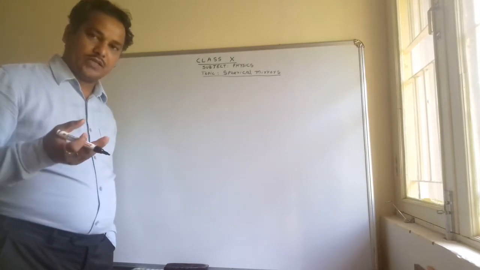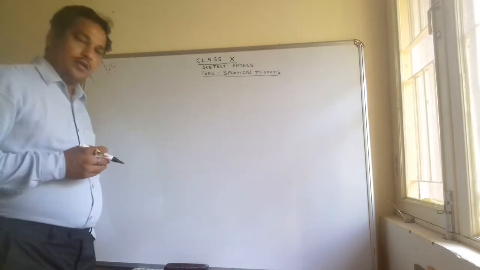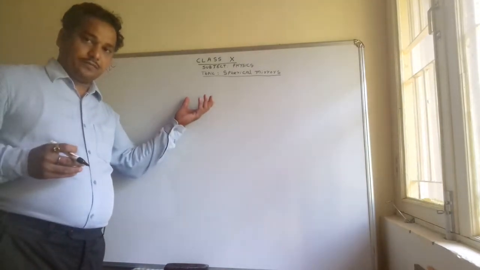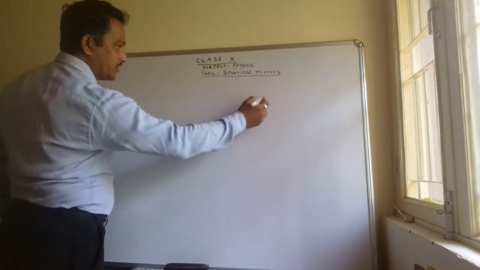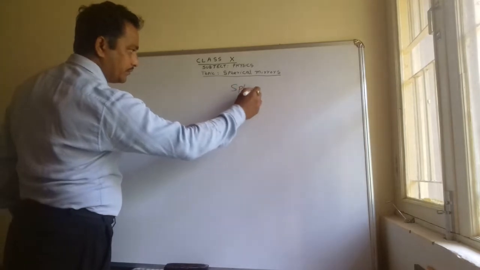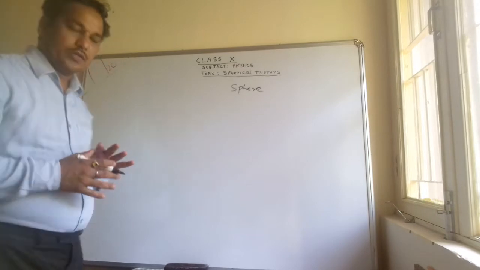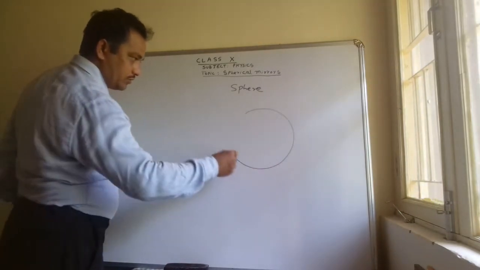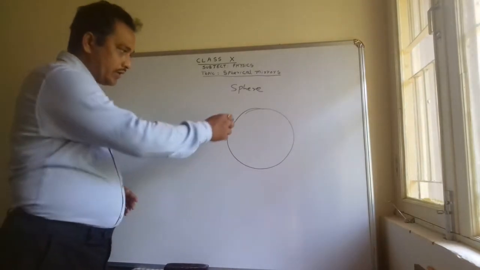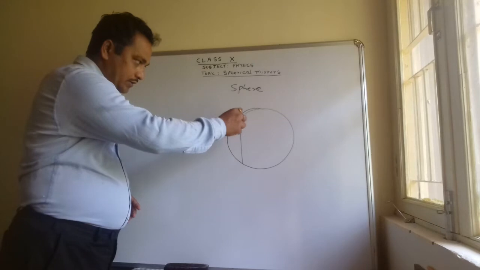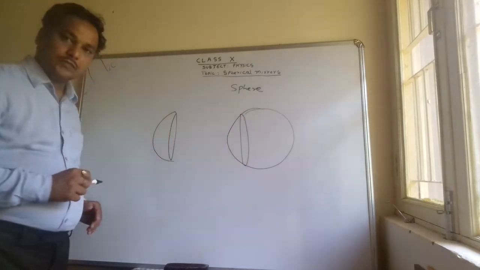Then only we can apply these rules to draw the ray diagram correctly for class 10 science in the chapter reflection and diffraction. So all of you are aware of the sphere. Anything is spherical in shape, for example football, volleyball, basketball. Similarly spherical mirrors. Any sphere, if we cut any part of this sphere, we will get a shape like this, like a bowl.